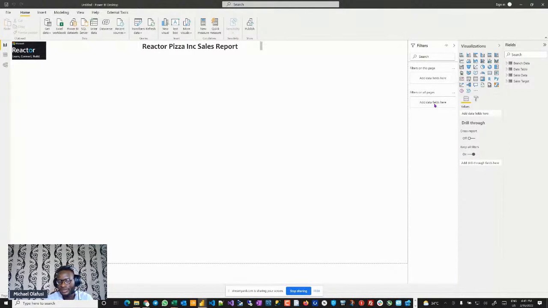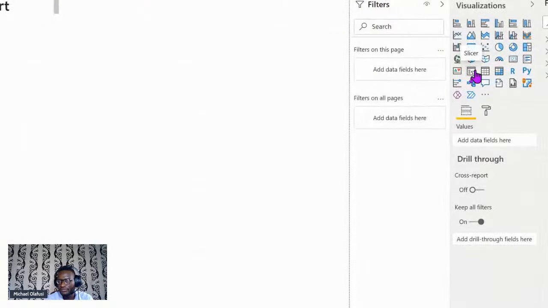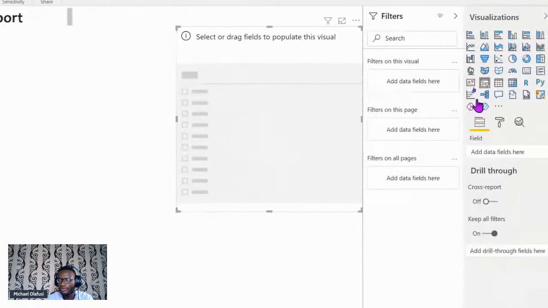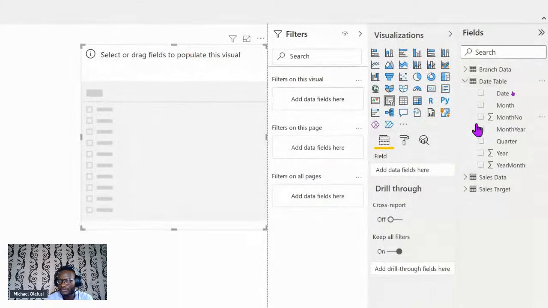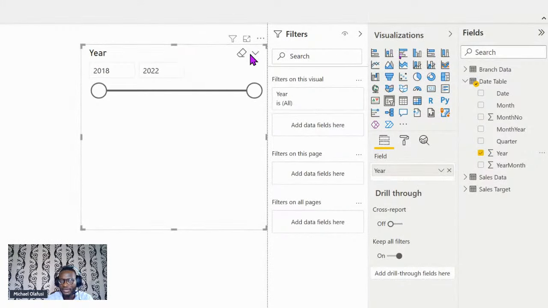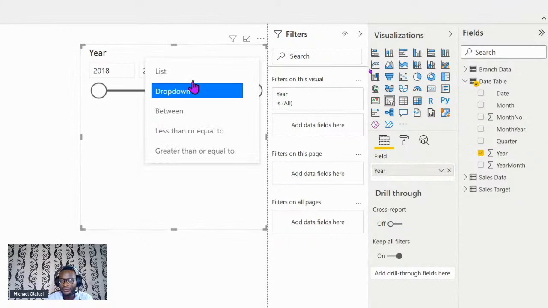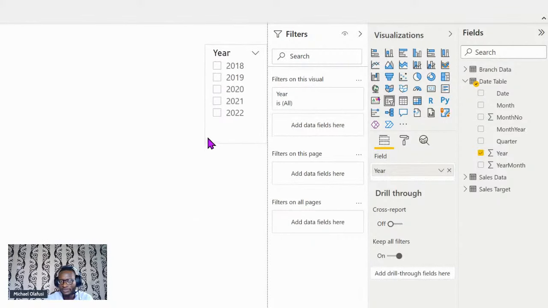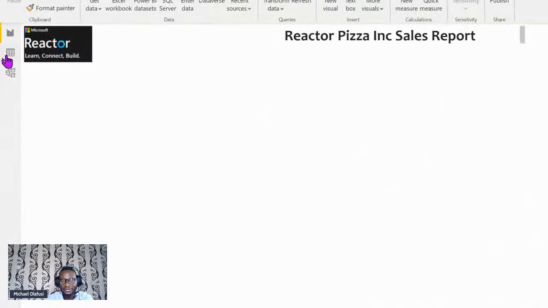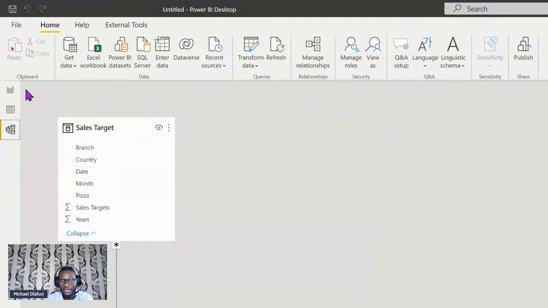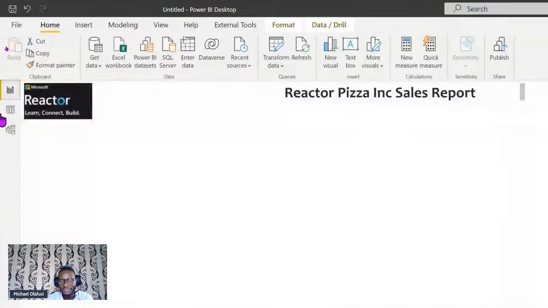So date dimension, I'm going to say I need a slicer. Okay, so this slicer, I'm going to drag from the date table. I'm going to drag here, but I want it to be a list. Now you will notice that I'm not following the normal way. I don't want to do it like someone who knows the answer, right? Because to be sincere, you should come here first and do all the relationships, and then maybe any formulas you need to do here before you start doing the report.